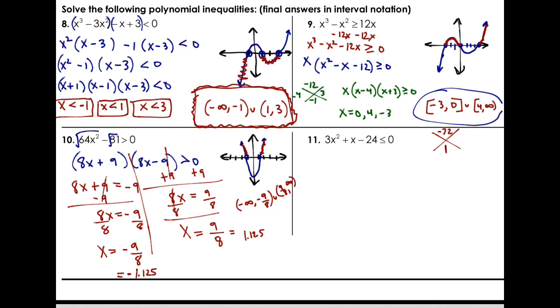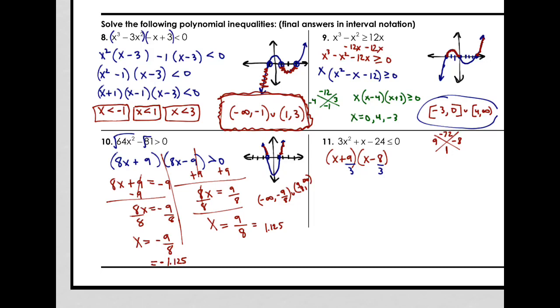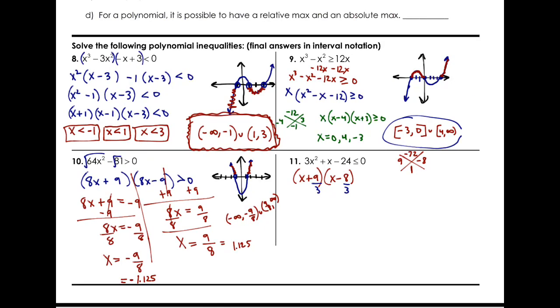Now I need two numbers that multiply to give me that, and add or subtract to give me that. What would that be? It would be 9 and a negative 8, right? So that factor written out would be x plus 9, x minus 8. Remember, I multiplied by 3, so I got to divide back out by 3. Divide by 3. Divide by 3. And that would give me this, which simplifies down to